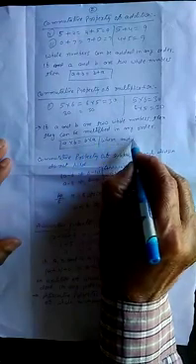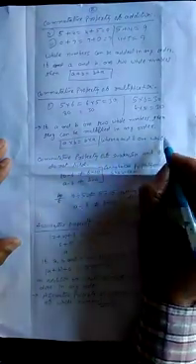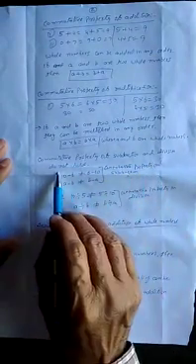It means in a product, if we change the position of the whole numbers, the product remains the same. If a and b are two whole numbers, then they can be multiplied in any order. a into b is equal to b into a, where a and b are whole numbers. Now, the commutative property of subtraction and division do not hold good.